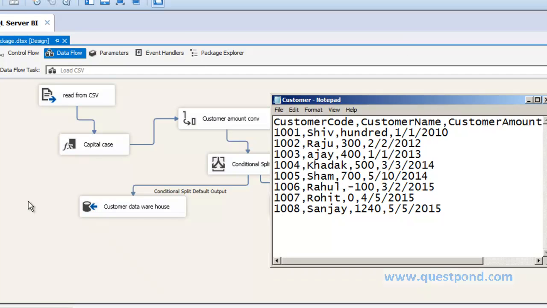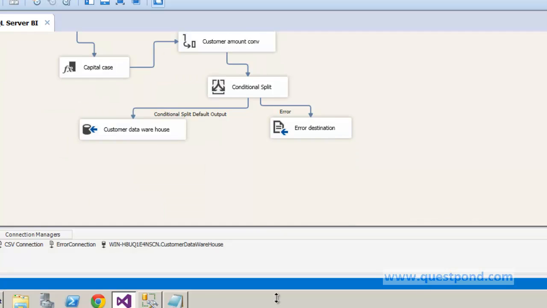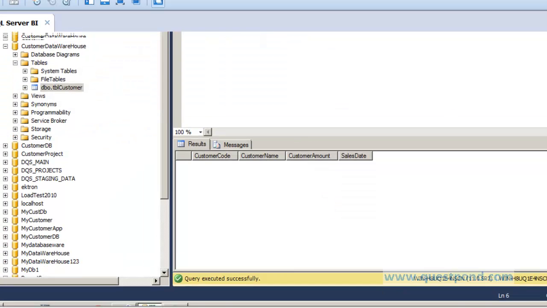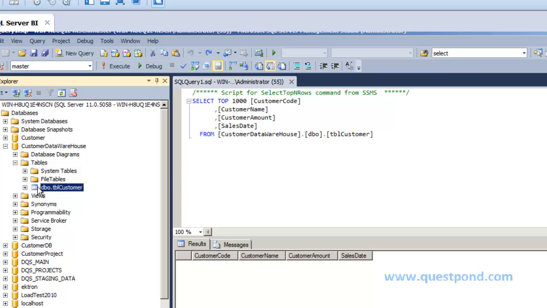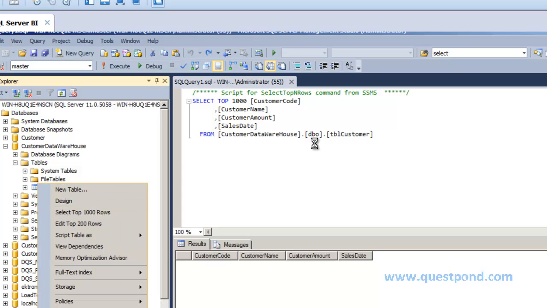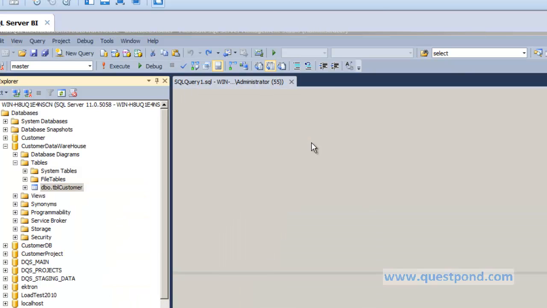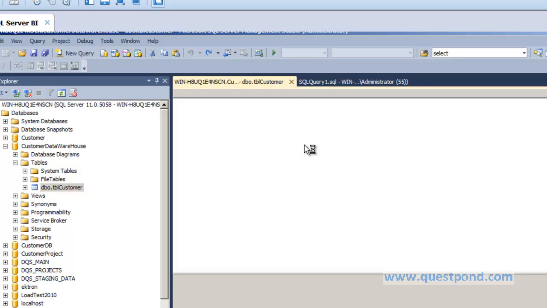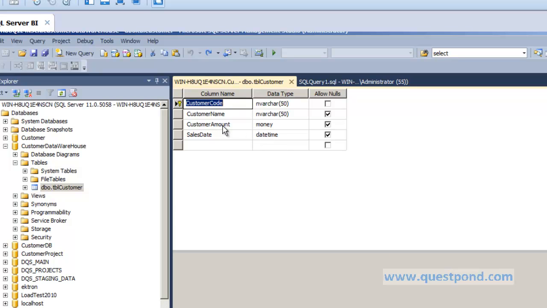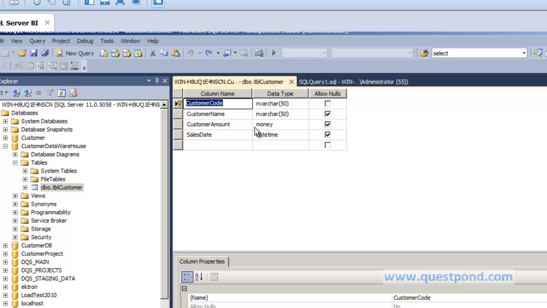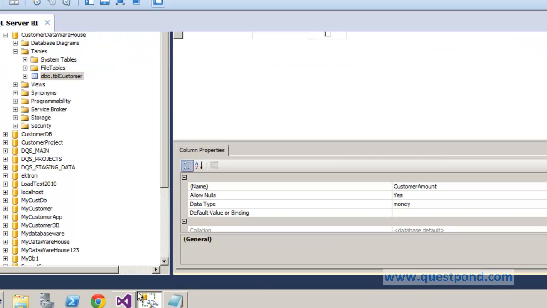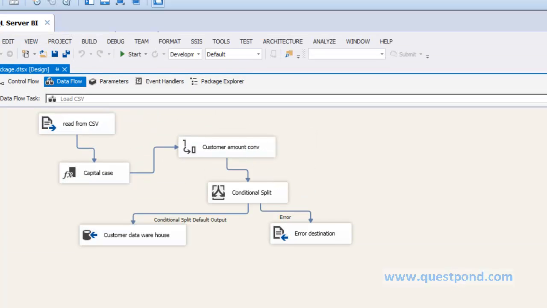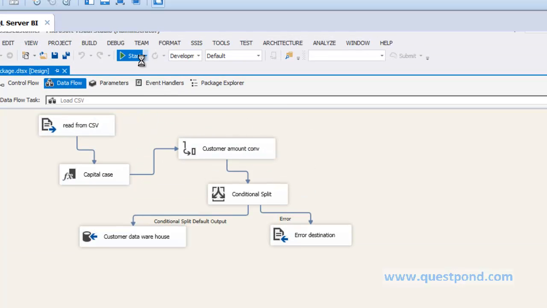In this case, definitely the application will crash, because in our database, if you remember, let me show you once again, the data type of customer amount is money, right? So definitely things will crash over here. So if I run this program,